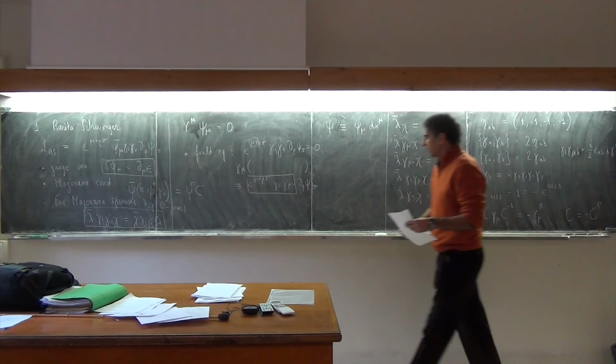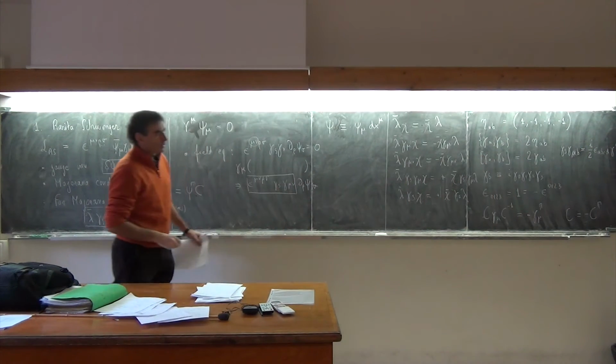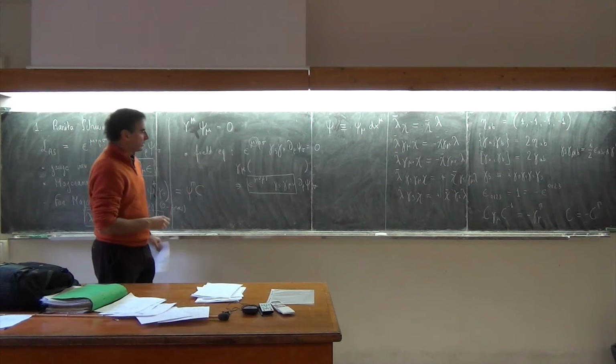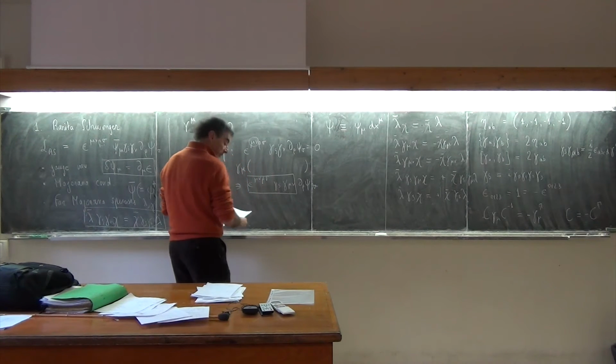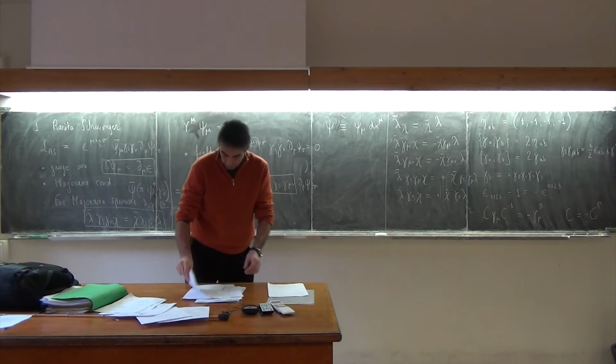So this is a gamma matrix equality in my normalizations, and then you see you can use it here, and you find that this is simply